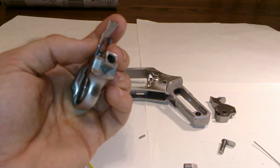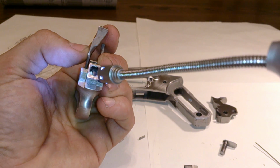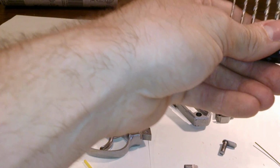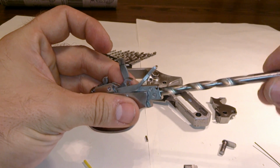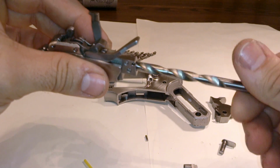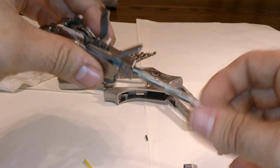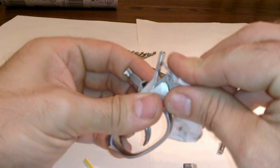Okay. So as you can see in there, what I use to clean this out, to even up the edges inside if there are any machine marks, is a 1/4 inch drill bit, and I go in there and just lightly turn this. I've done this before, so this is just a demonstration. You don't want to dig too deep in there because you don't want to make any differences in the metal. You just want to clean it out. Okay. So now that we got that done,